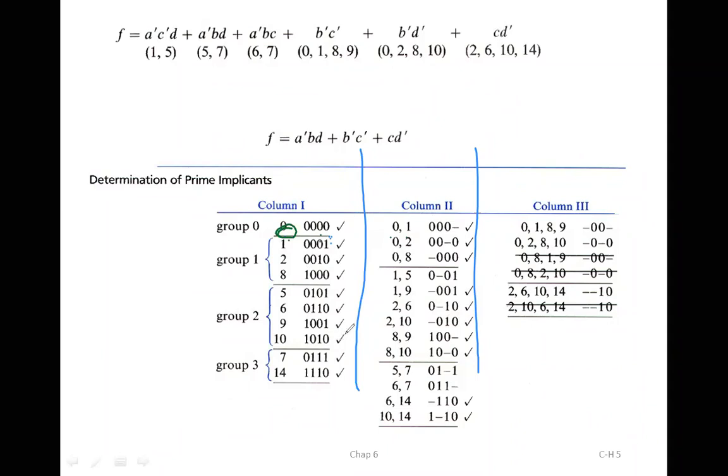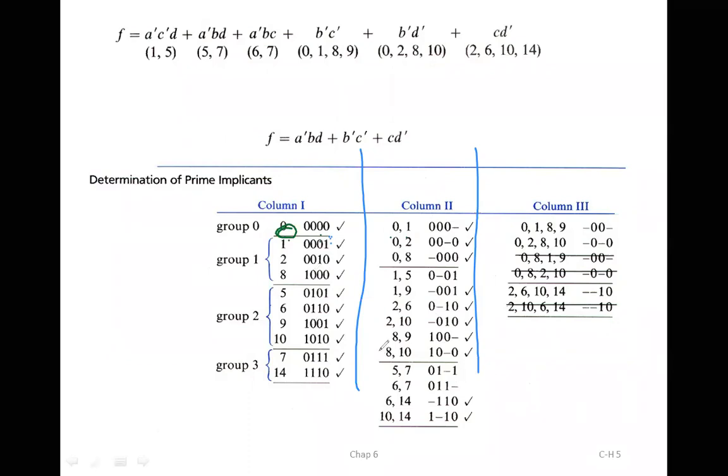Then still you have to continue because here 8 is left out now. So 8 you have to compare with 5 and check there is a bit change. 8 you have to compare with 6 and check. 8 if I compare with 9, I find only 1 bit change. So I have written 8 and 10, 1 bit change I have written. So that is the comparison of group 1 with group 2. So that cycle is over.